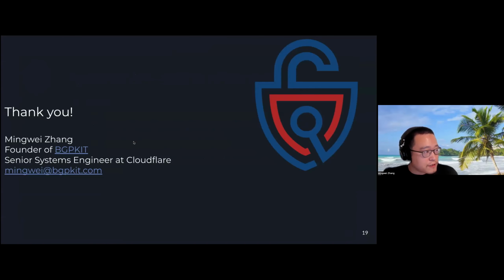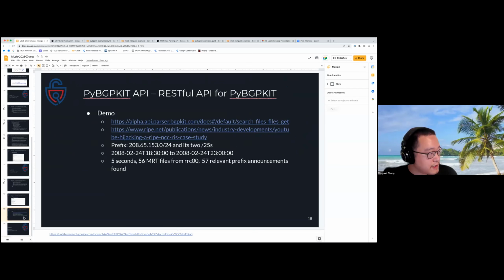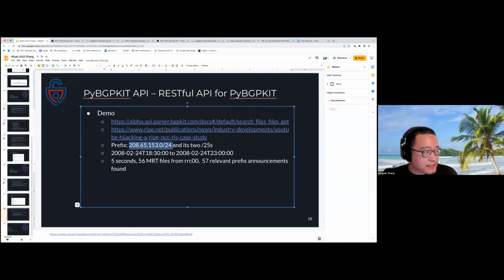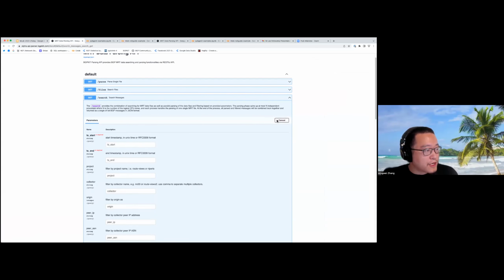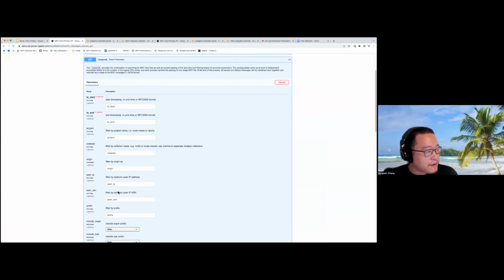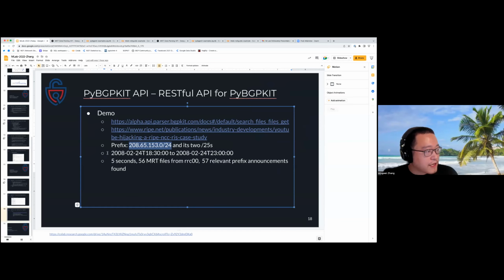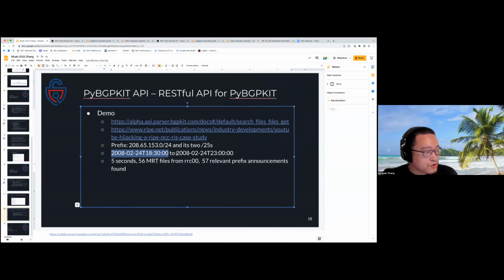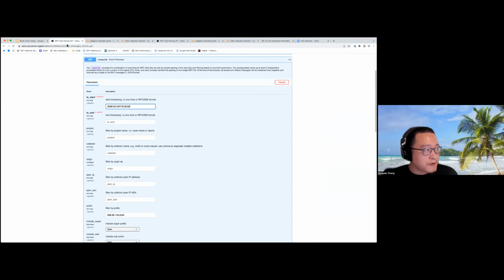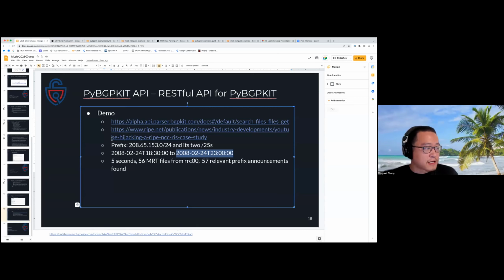So what I want to show you quickly is that we have a prefix of interest. This prefix was getting blocked. So what you can do is basically say the prefix here, and you can get a time range. During that time range, which is about 2 hours-ish, there are multiple BGP updates involved in the hijack and the counter-hijack efforts.